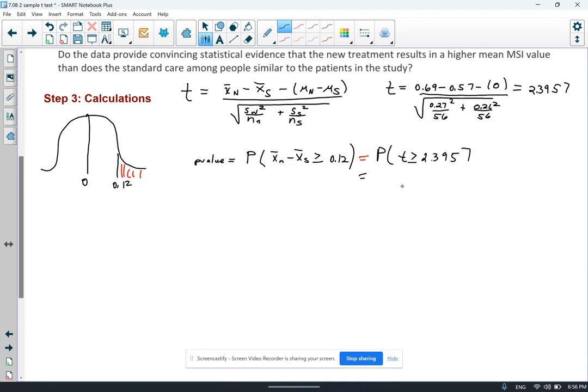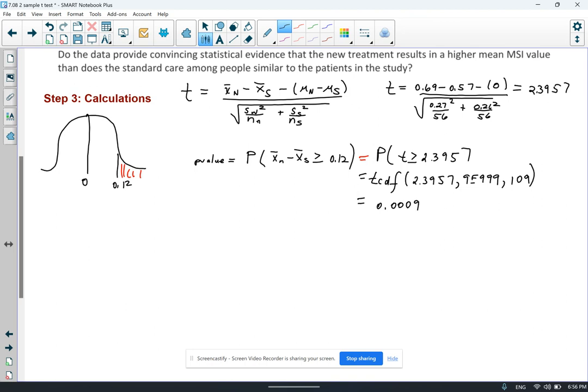And now we want to calculate our p-value. Now, if you were to do it by hand, because you'll see there are times you need to do it, you would use tcdf as opposed to normal cdf. You would enter 2.3957, 9E999 to the end of the right curve, and then you would enter in the degrees of freedom, which I had as 109. That should equal the p-value of